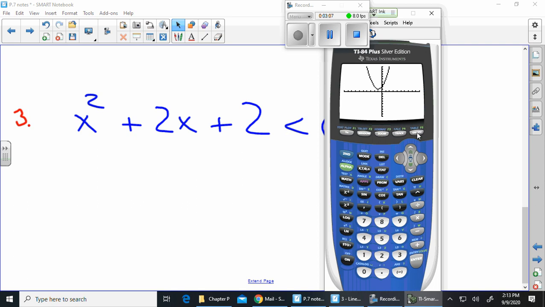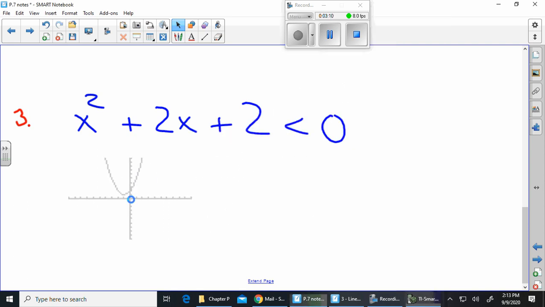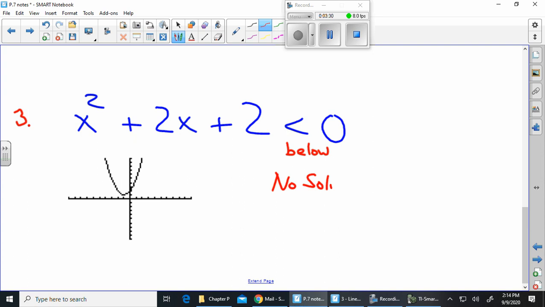Now this one, I like this one because if we look at that, when is it below the x-axis? Well, I would hope that you guys would say never. Well, so if it's never, you're going to say no solution